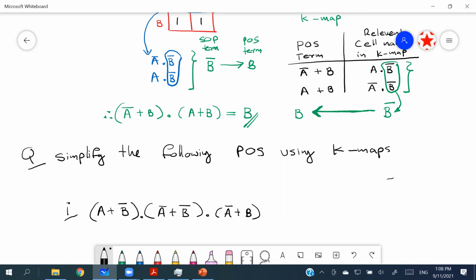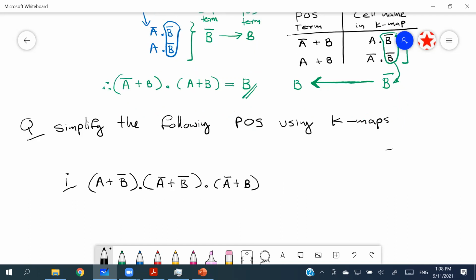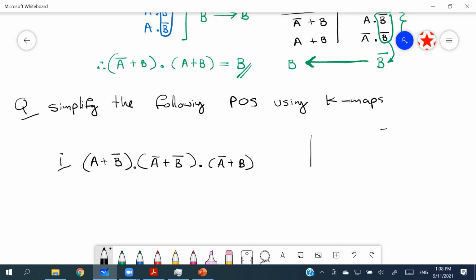Right, so that is the first one. Right, so you can use this kind of K-map. And the second one,